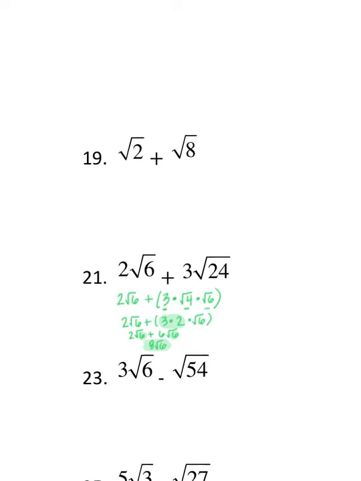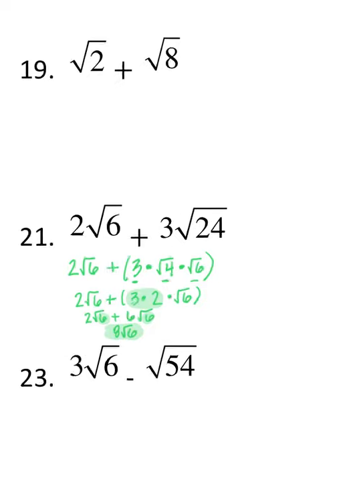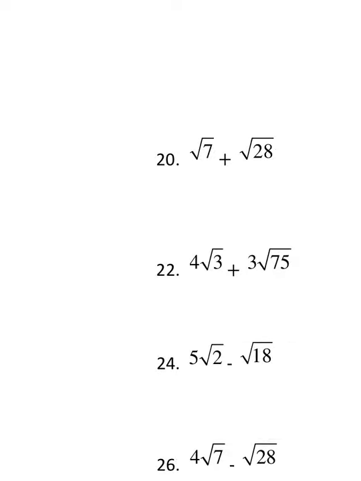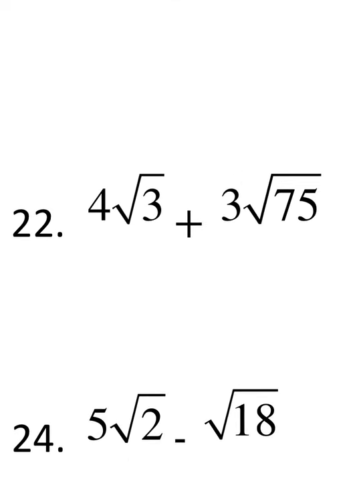Okay, let's do another one like that so you can see how we did that one more time. Again, and if you didn't catch it, remember you can always rewind. I'm going to try to do it quickly because I don't have a whole lot of time left on this video. But I have 4 radical 3, which I know can't be changed, so I'm going to bring that down, 4 radical 3 plus, and I'm going to put everything else in parentheses. I have 3 times